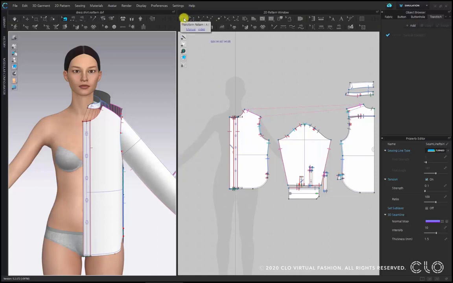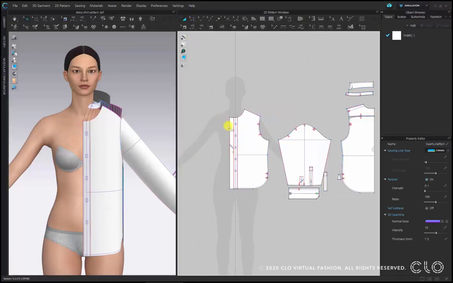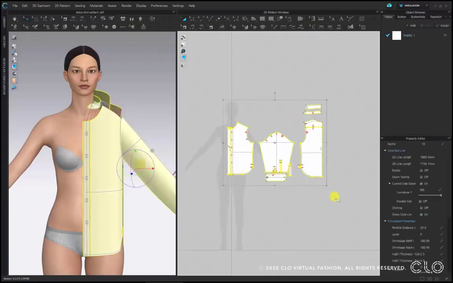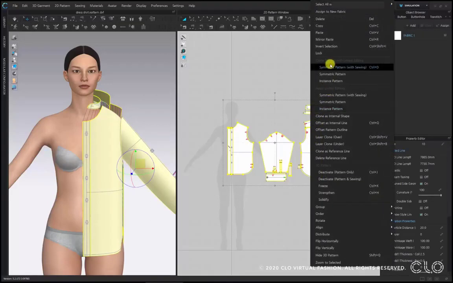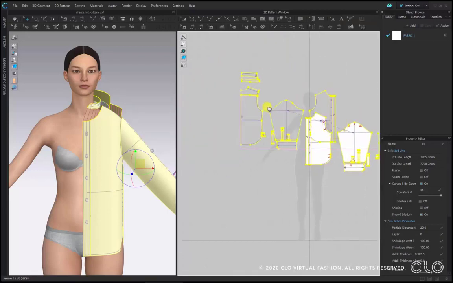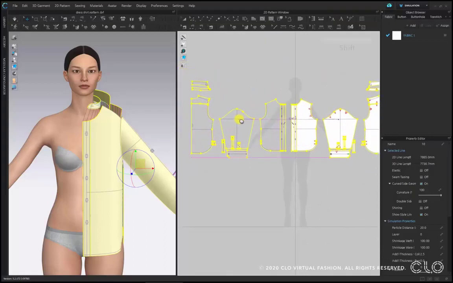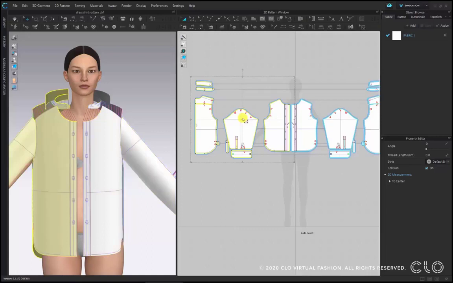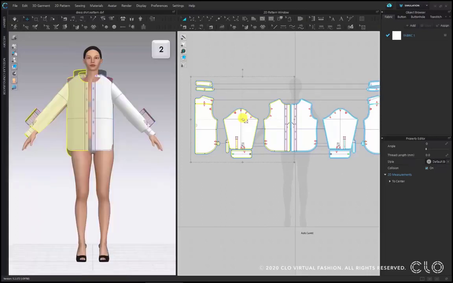So I select the transform pattern tool and just draw a big box over my complete pattern, or use the shortcut Ctrl A, and then I right click, select the menu called symmetric pattern with sewing. I'll get the yellow ghost that I can just position next to my pattern pieces in the 2D window by simply clicking it and pressing Shift. So Shift helps to organize it horizontally,